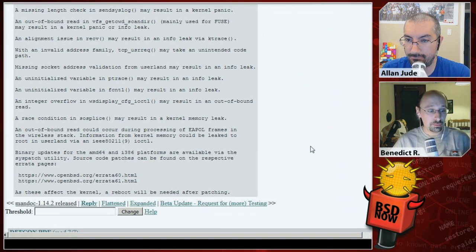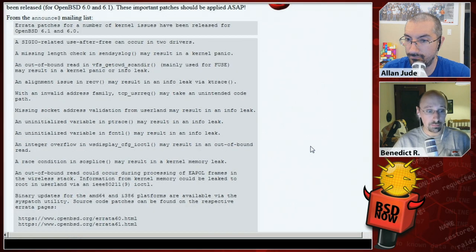They talk a little bit about what these patches are, but they also have... So they all have been fixed, as far as I can see. Yep. So they say there's a SIGIO-related use after free that can happen in a couple of drivers. Missing length checks for send syslog that could cause a kernel panic. Out-of-bound reads in VFS get current work directory scander, mainly used for fuse, may result in a kernel panic or